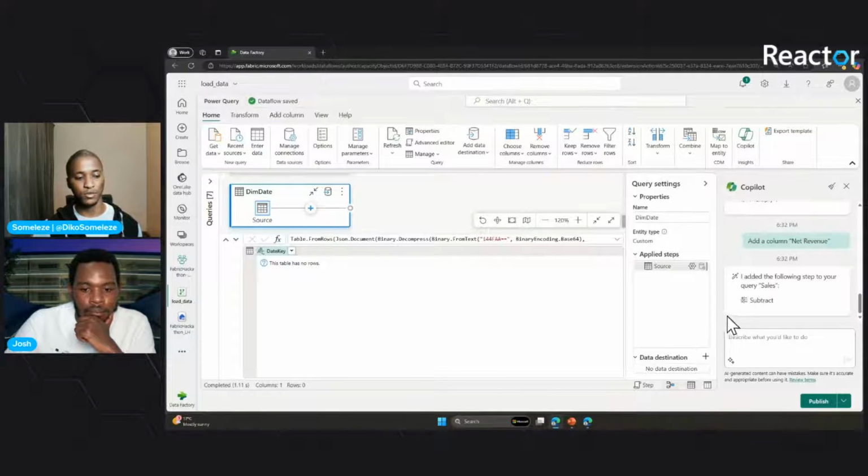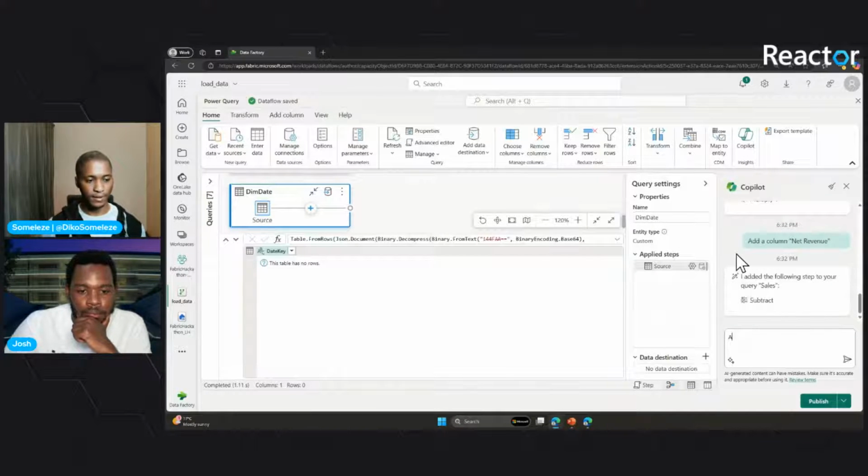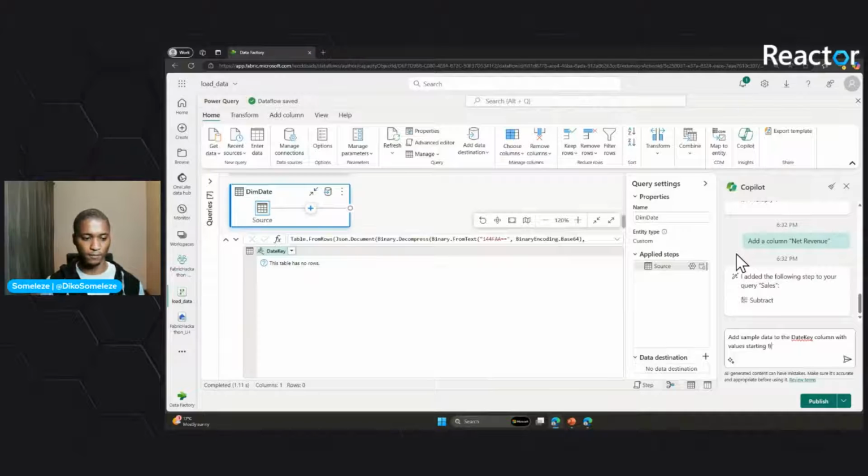So to do that, we can say, add sample data to the date key column with values starting from, let's say, the 1st of January 2012